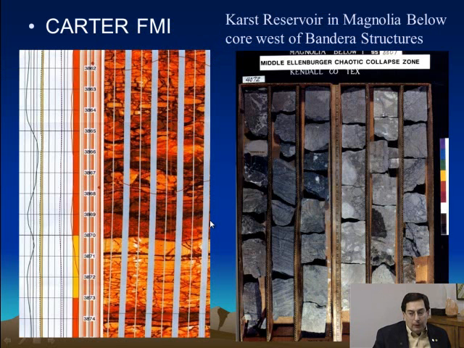One of the key things to look at are FMIs and cores in low porosity rock, and when it can be confirmed that there is in fact a karst system active in the area, that can validate the model that I just showed you. I think it can be a very powerful tool to encourage explorers, when they see that there's karst in either of these systems, to consider the importance of going laterally, because one well can intersect tight rock in such a system but still be connected up to larger systems.